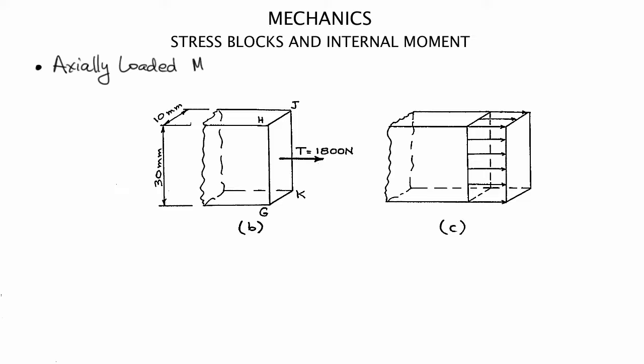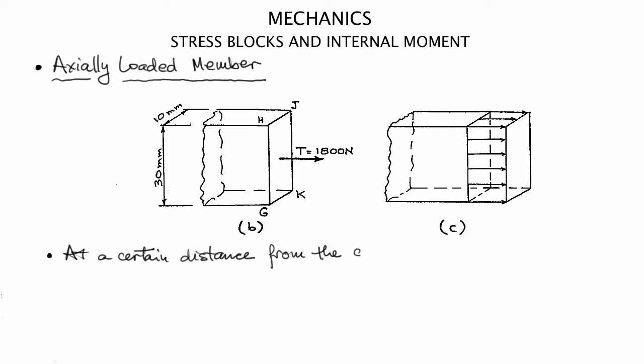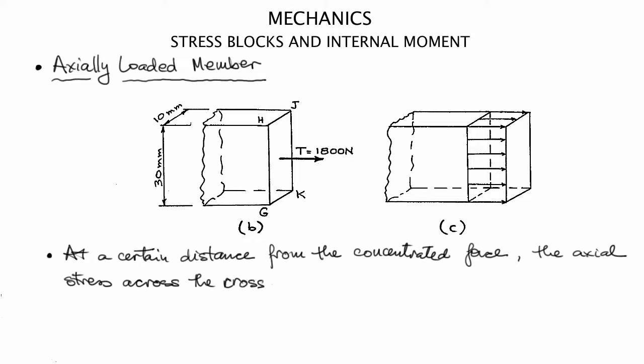So if we were to cut the member at a certain location and draw the free body diagram of the left hand side, that is what is pictured here in picture B, we will get something like this if we draw the member with its real cross section. So you can see the axial force, in this case equal to 1,800 newtons, acting along the longitudinal axis of the member. Now, at a certain distance along the member, away from where this force is applied as a concentrated force,